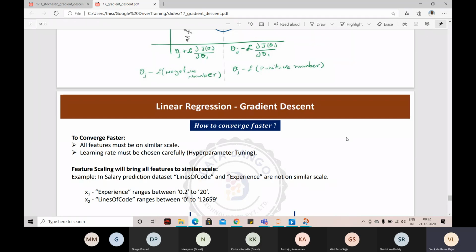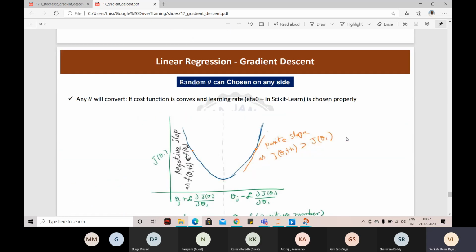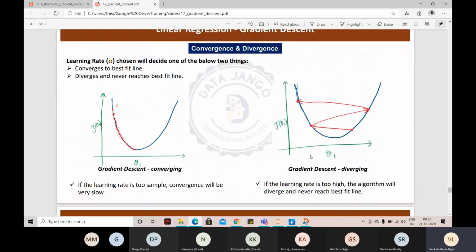Convergence, the cost reduces, the error reduces. Divergence, the error increases. If the error is increasing, that means the step size is big. You need to reduce it. Right? The alpha value will reduce. The learning rate you reduce. Suppose that you choose 0.1. With each iteration, the error is increasing. That means it is diverging. So you need to reduce the step size.